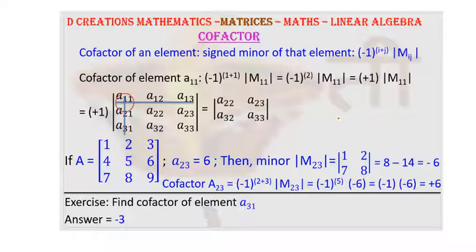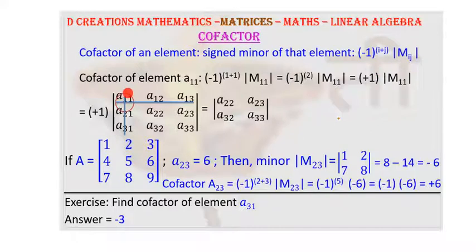So you do not have to change the sign because a plus sign is not going to make any difference. But for example, if you are dealing with A12, where you have i as 1 and j as 2, the addition is going to give you an odd number. 1 plus 2 is 3, which is odd. So obviously minus 1 raised to an odd number will give you minus 1 back. That means when you are finding the cofactor, you will have to multiply it by minus 1. So the sign is going to reverse and it will become negative.